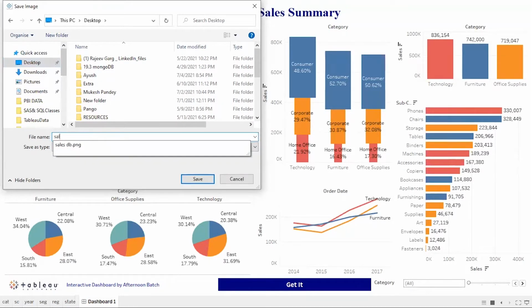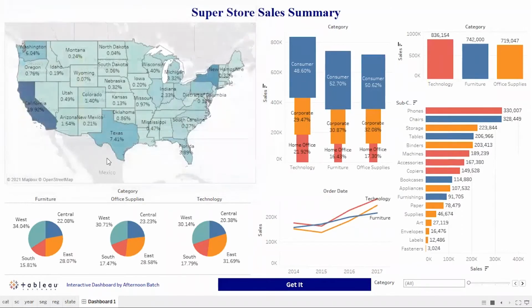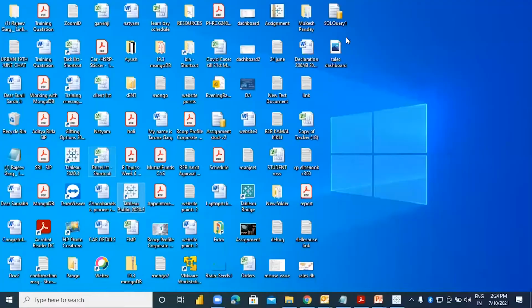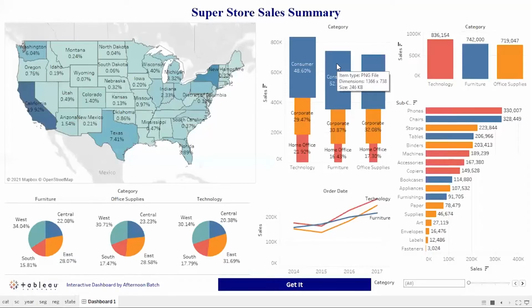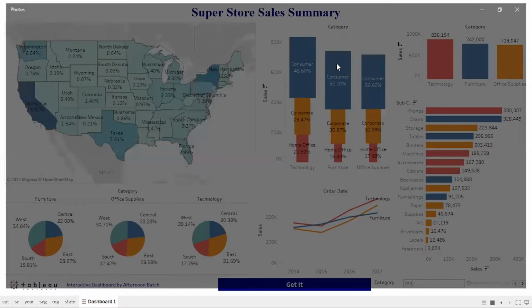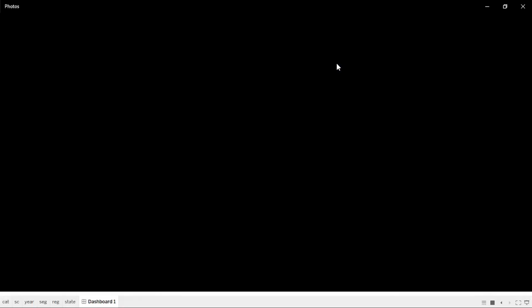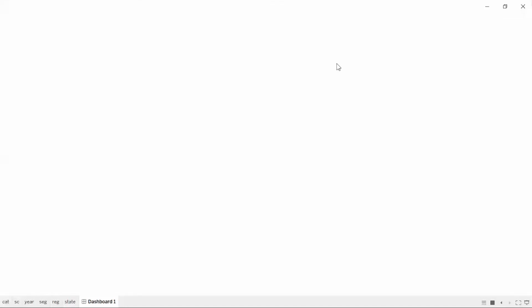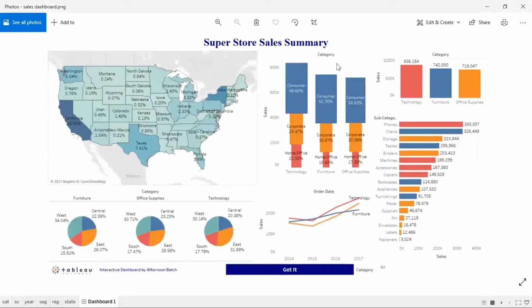I say sales dashboard. Here it is. You are getting the dashboard in the image format.